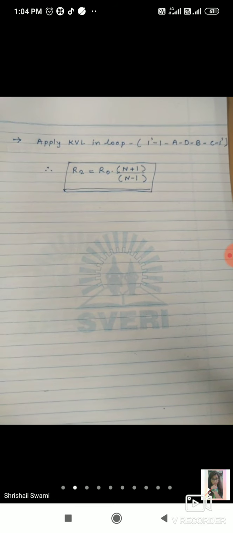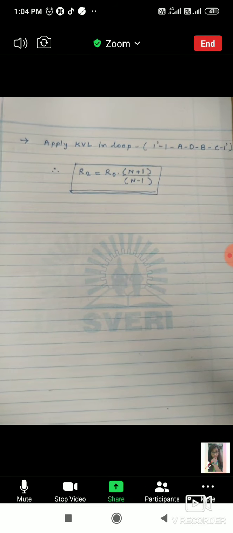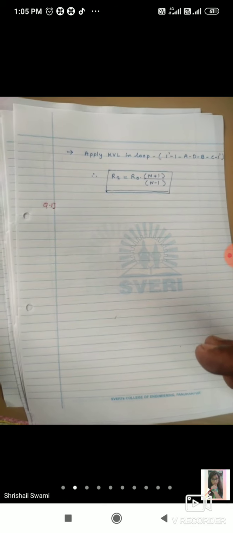Okay, so wait one minute. We are going to solve one problem today, and the second problem we will solve in the next lecture. In the next lecture, I will also give a table which will help to remember all the formulas related to filters as well as attenuators in one table. Those two points I will discuss in the next lecture. So today we are going to solve the problem based on the lattice attenuator, then we will stop.